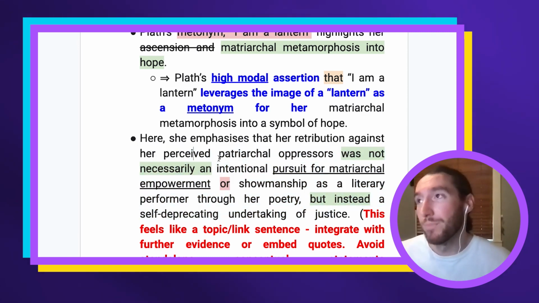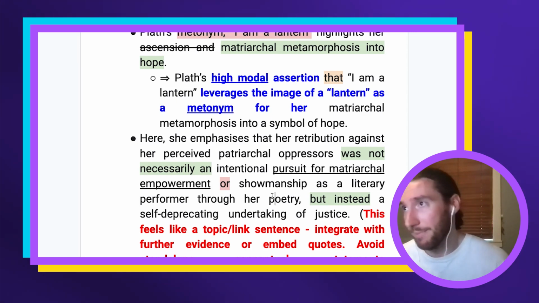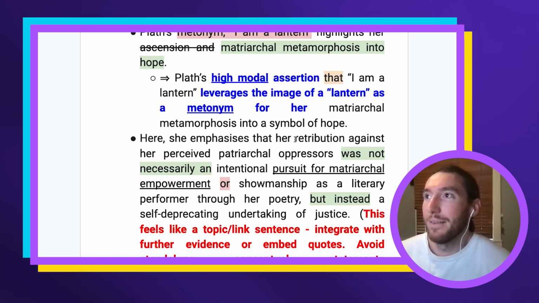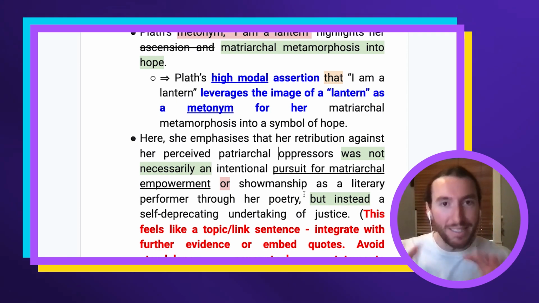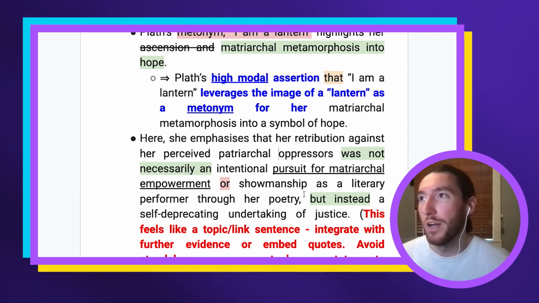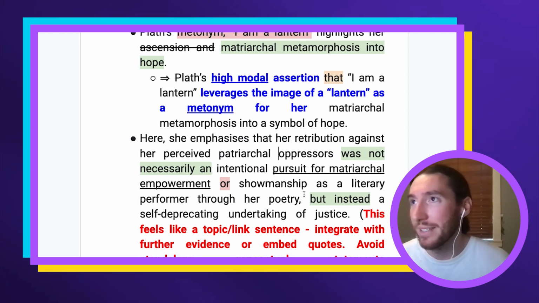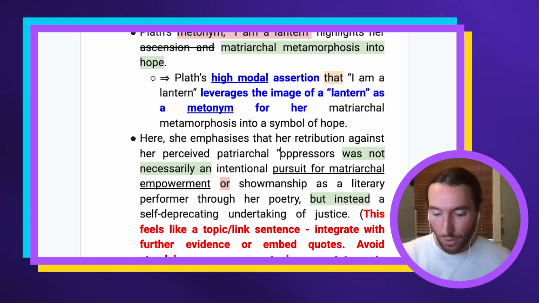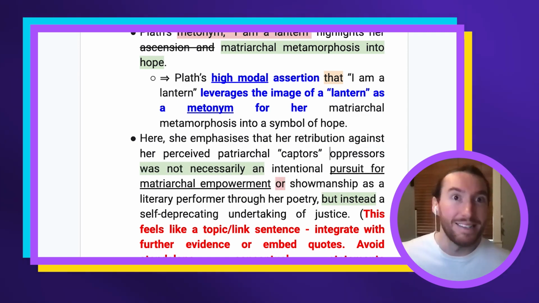Okay, so I'll try and give you an example so it's making sense. But let's say that there's a quote in one of her poems, or in this poem, where instead of saying oppressors, right, she says, say you can find somewhere in her poetry, and sometimes you have to scan through and find appropriate words that could replace something you already said. But say somewhere in her poem was a word, and it can be figurative, it doesn't have to be a direct replacement here. But instead of saying her patriarchal oppressors, say it's her patriarchal captors. Maybe captors was a word you can find somewhere in a poem.